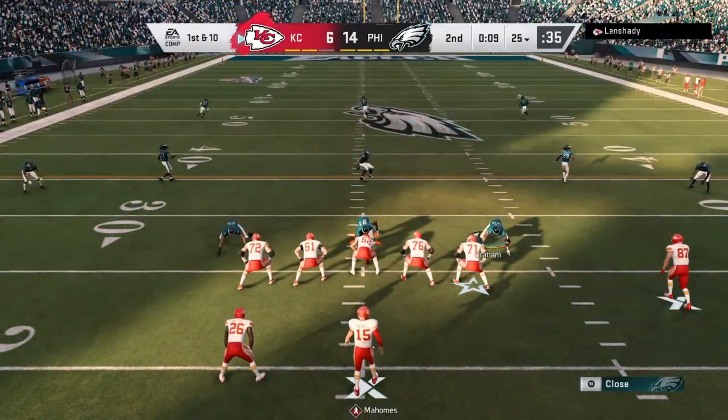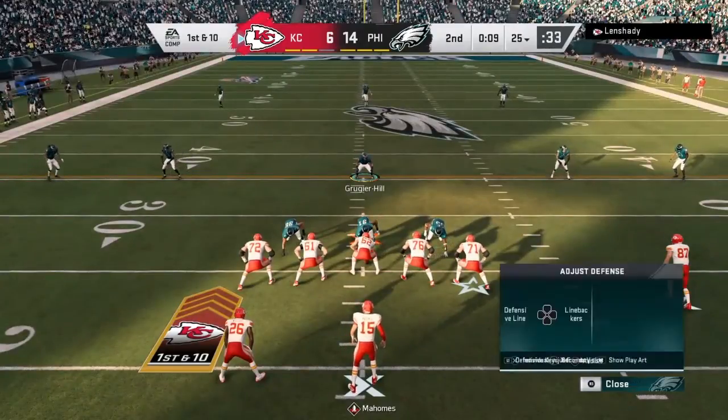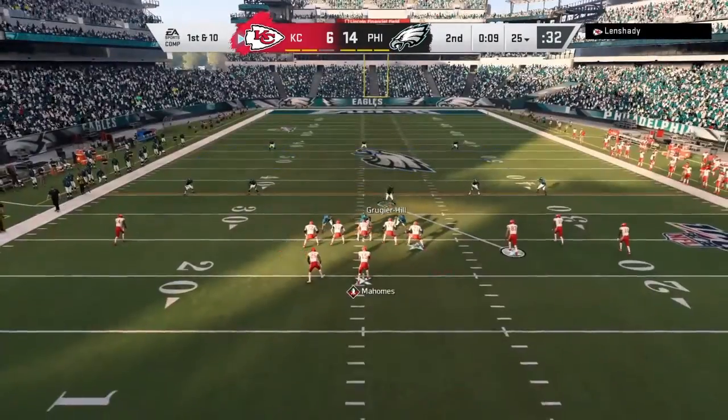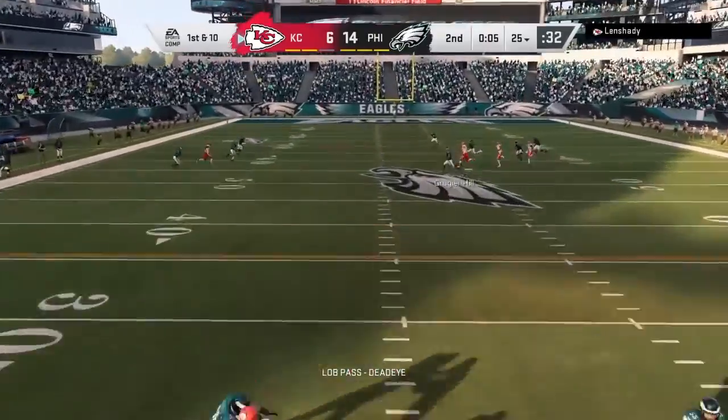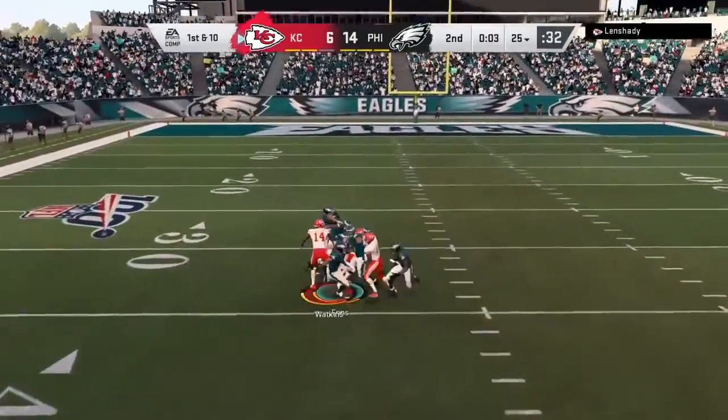The Chiefs offense about set to begin this drive. Likely time for just one final play, and then it'll be off to the locker room to talk about how they can erase this deficit. Yeah, and I think a lot of people look at it and go, well, maybe you take a...